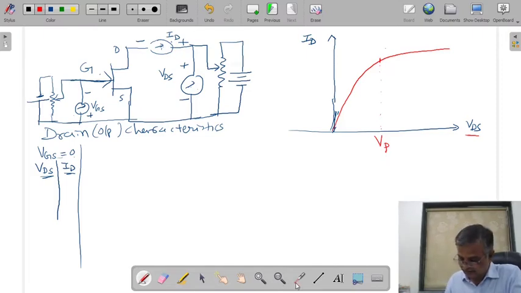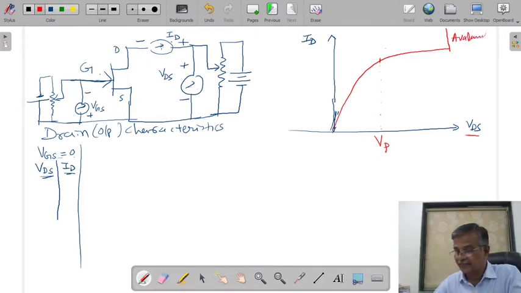Again, this is kept at 0 voltage. As I increase the VDS, drain current increases. At a certain value of VDS, your drain current is saturated. The VDS at which drain current is saturated is called pinch off voltage. After this I increase the VDS again. There is a little increase, and beyond a certain limit, avalanche effect is observed.